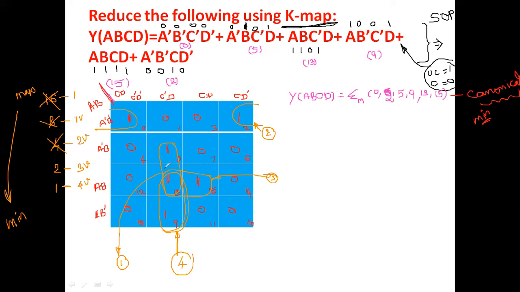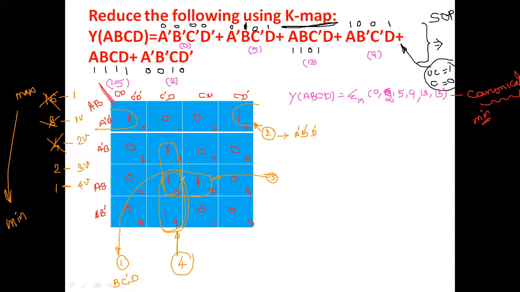So straight away you take or write the common variable. For this first grouping, a bar here is changing to a. Definitely a is not a common variable, but b may be the common variable. So b. In this sequence, C bar D bar is common to both. So B C bar D bar. Then second grouping, here A bar B bar is common. From this, C bar here is changing to C, so definitely C is not a common variable. Therefore, A bar, B bar, D bar is the common term for the second grouping.